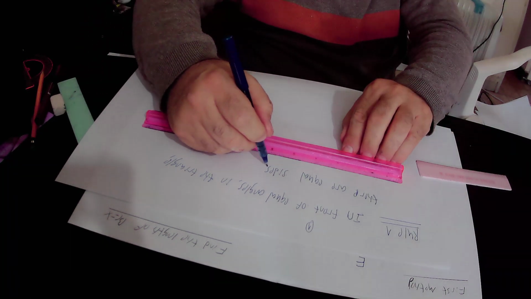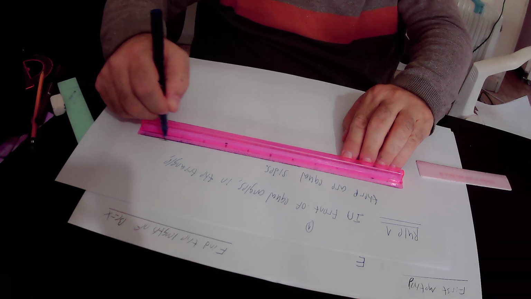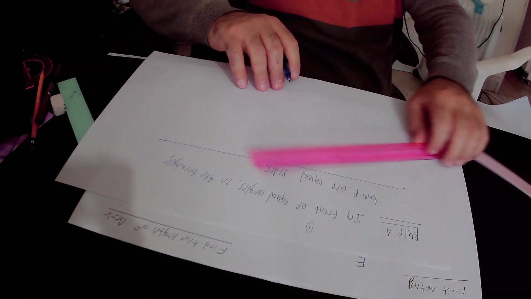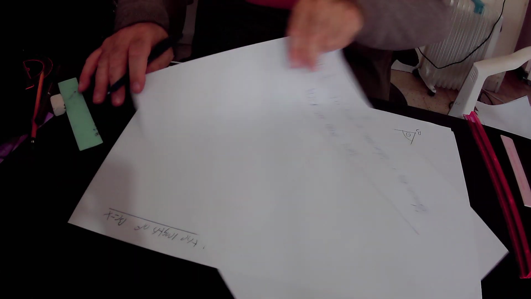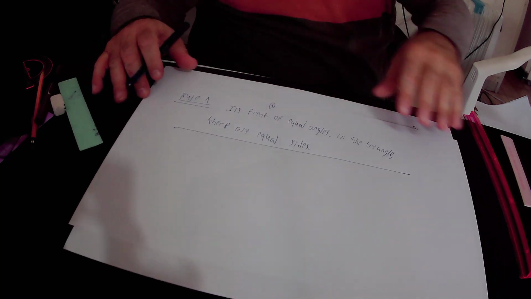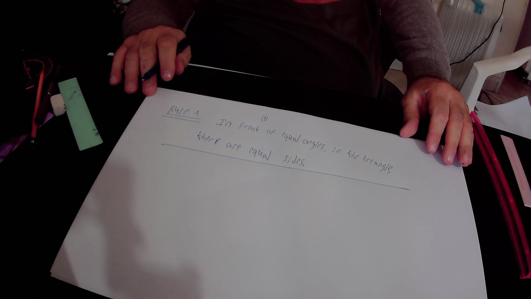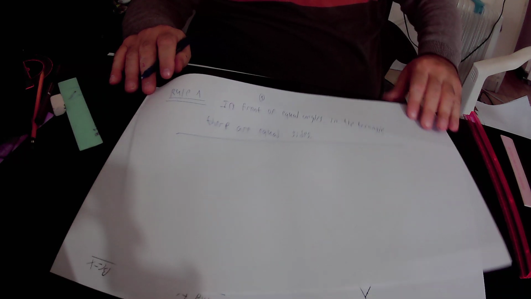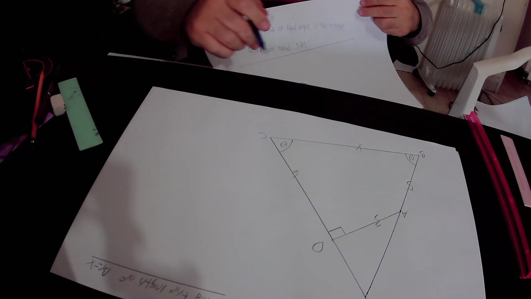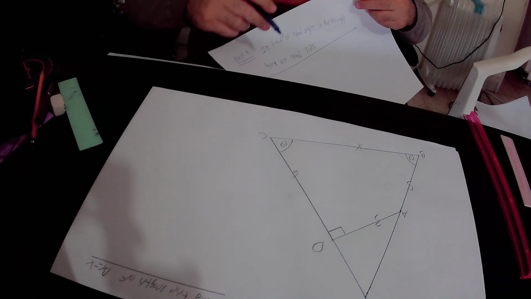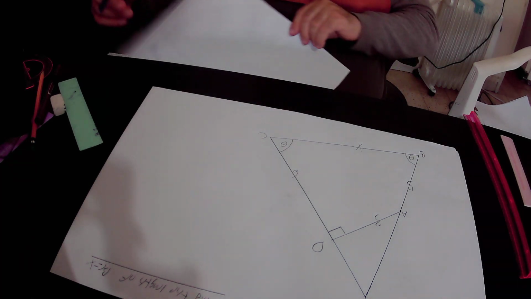So I'll read rule number 1 again. According to rule number 1, in front of equal angles in the triangle, there are equal sides. So if we focus on triangle BEC,